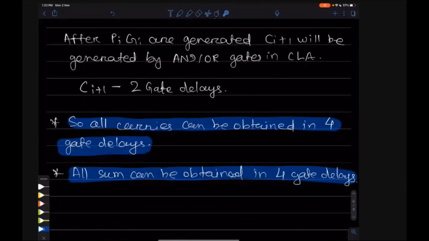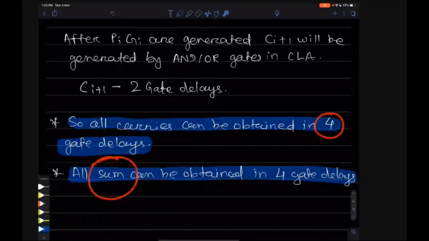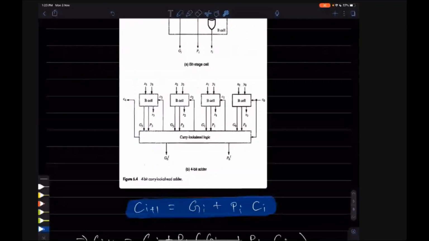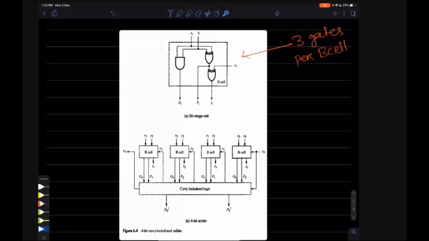How much time will the sum take? How will the sum be generated, in how many gate delays? For generating sum, you need the carry and there is an XOR circuit.